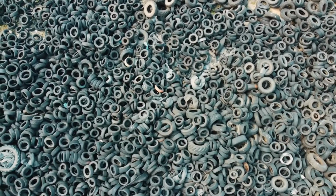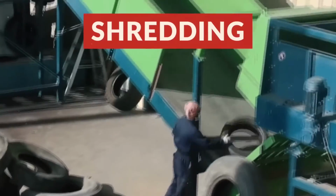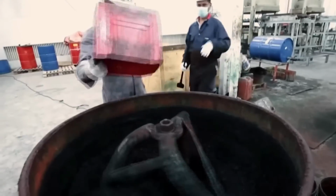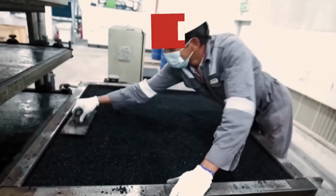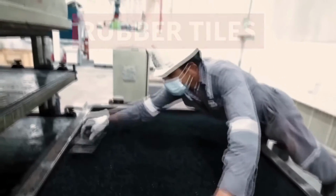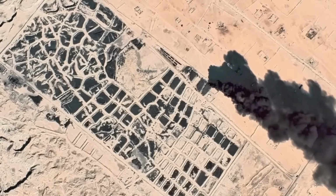In addition to this method, there are many other effective ways to recycle tires. One such method is shredding, which involves shredding tires into a powder form that can be used to make rubber tiles for construction. A few years ago, the Sulaibiya Tire Graveyard, which used to look like this, was completely emptied